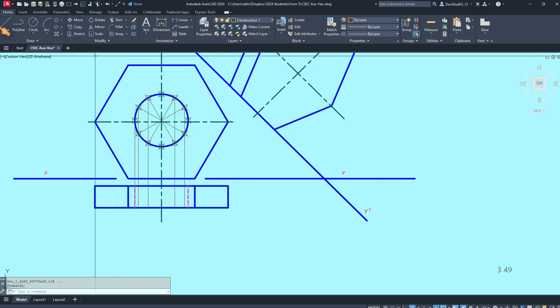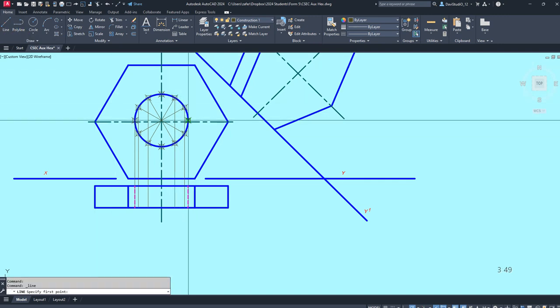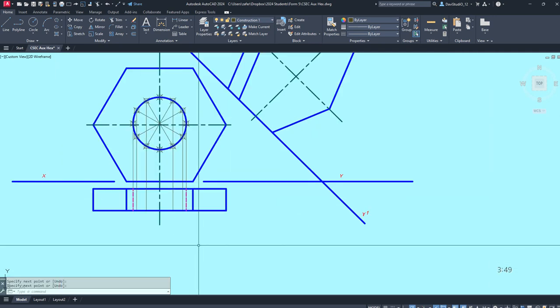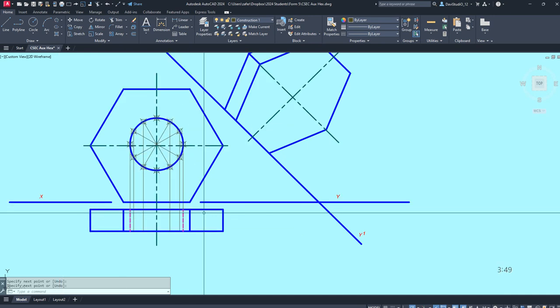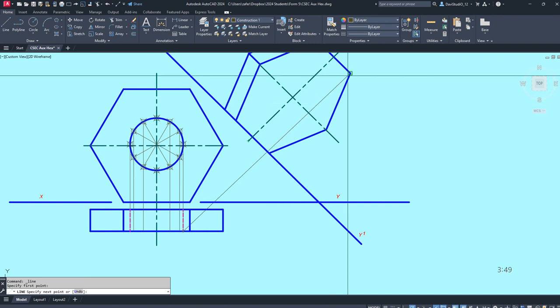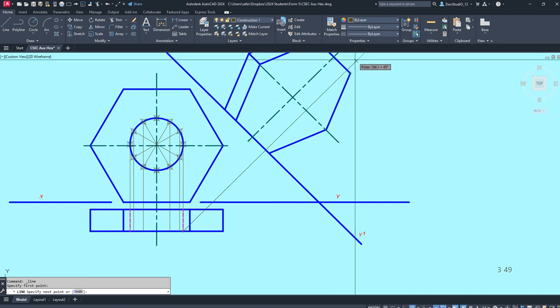Right, the edge, same thing. Once you have those lines come down there, you then carry them up, again, perpendicular to the XY line. You carry up these lines,